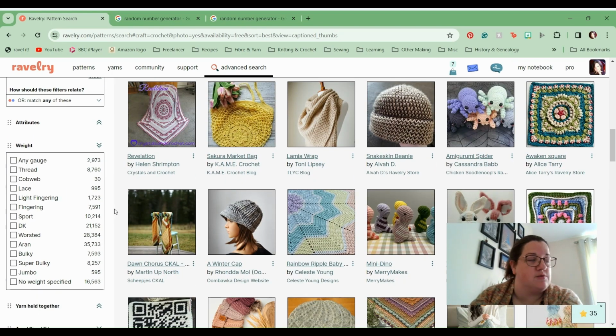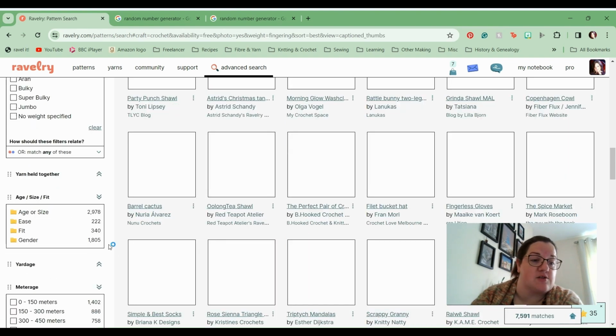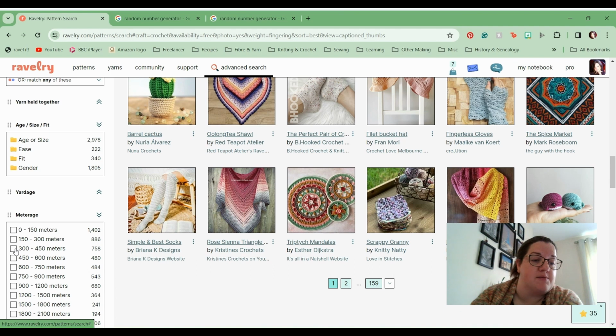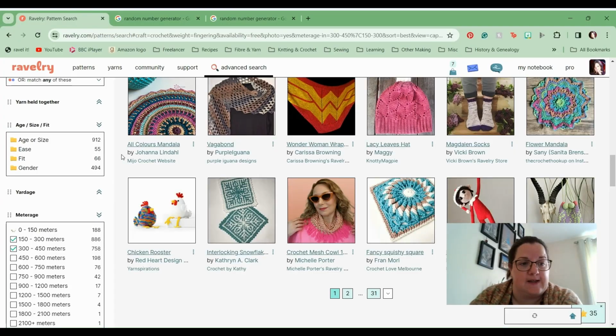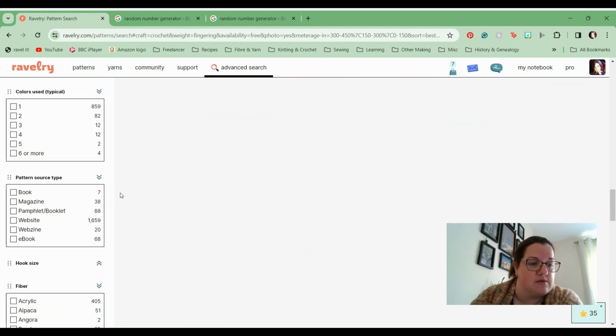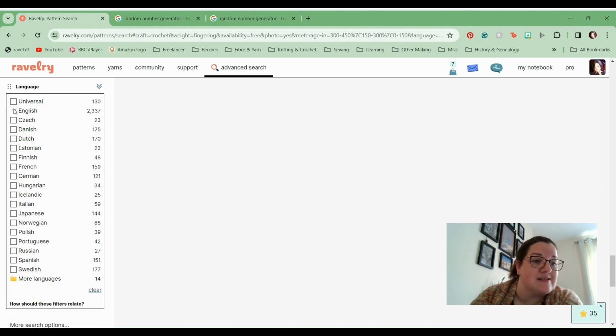Now, I don't tend to stash sweater quantities at all. So we're looking at sock yarn mostly, because that's generally what I have on hand. I've got plenty of sock yarn at the moment. So sock yarn leftovers from other projects, it's mostly going to be 4-ply finger weight yarn. So we'll select fingering, and it's mostly going to be single skeins. So we'll be going for low meterage. So up to 450 meters should give us single skein-ish projects. And we're going to also go down to language, and we're going to select English,